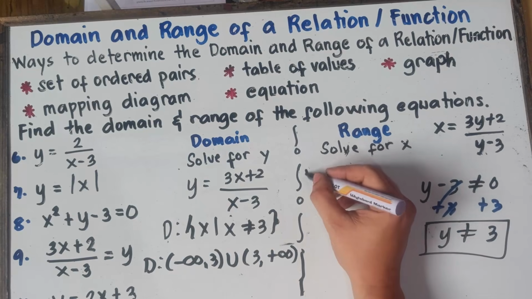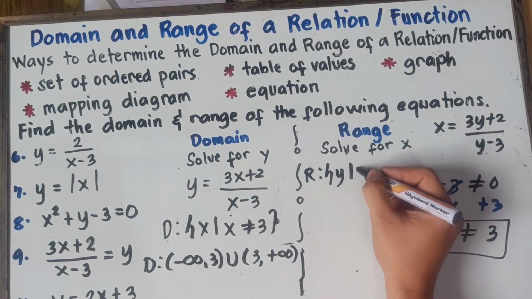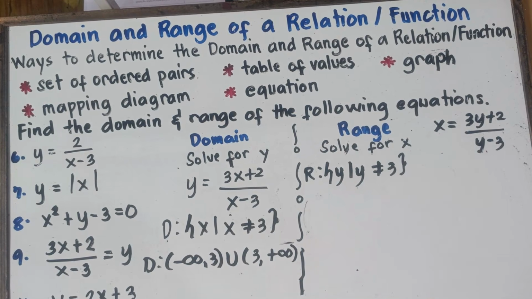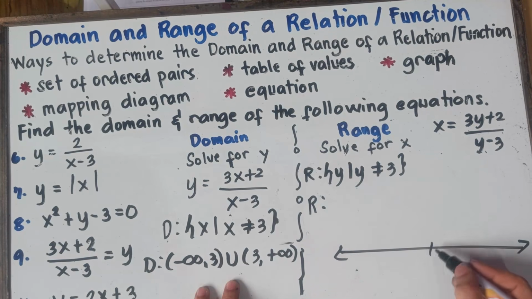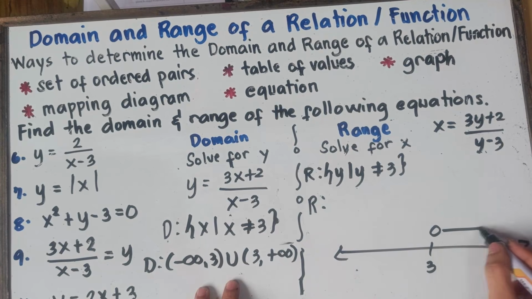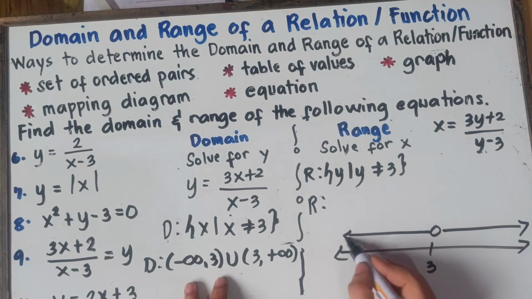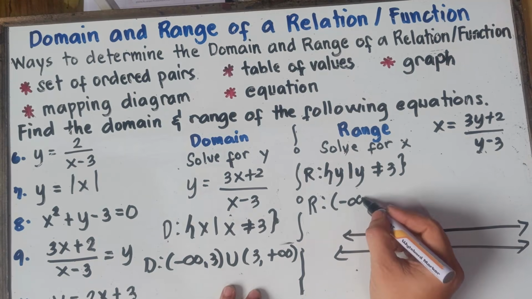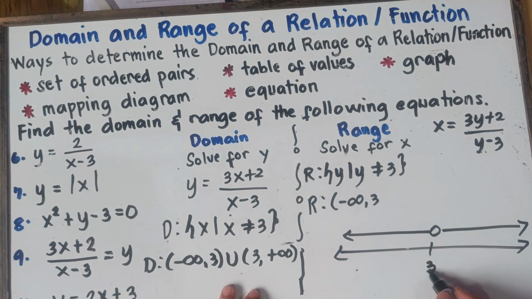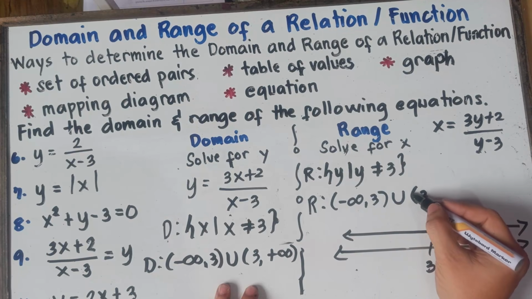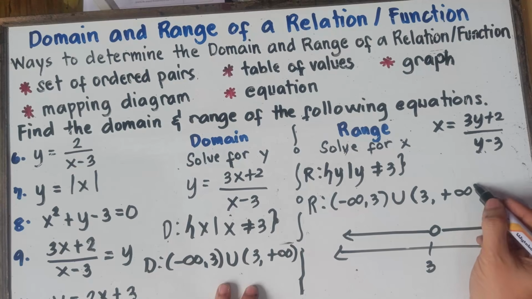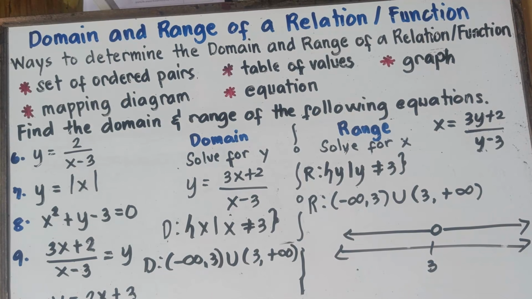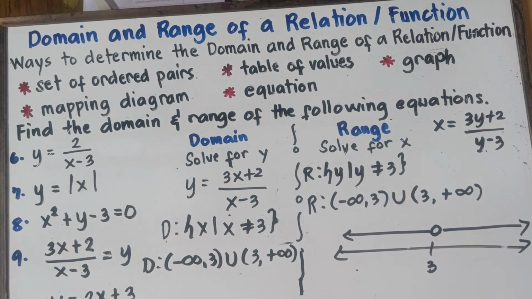So therefore, we can say that the range is the set of all y such that y is not equal to positive 3. Or we can write our solution set, same with this one. Once again, y is not equal to positive 3, so open circle at positive 3. You can have numbers after positive 3, numbers before positive 3. So this will be negative infinity, comma 3, parentheses because 3 is not included, union 3, comma up to positive infinity, parentheses. And then you're all set, class, with regards to example number 9.